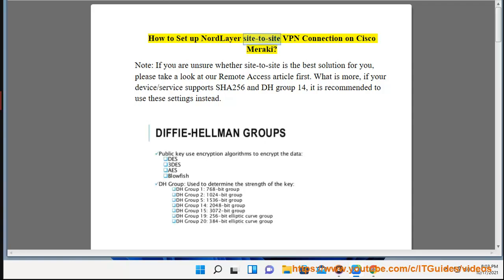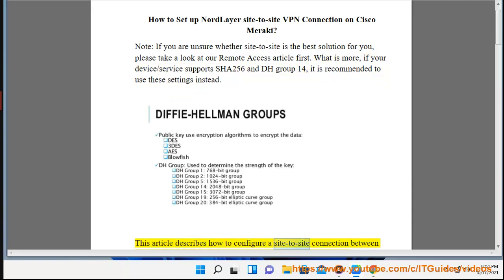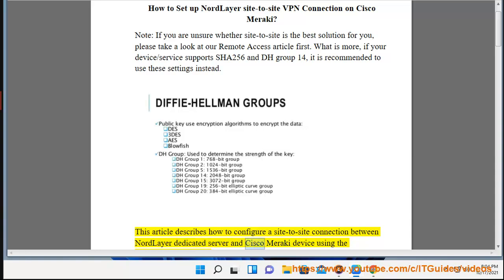How to set up NordLayer site-to-site VPN connection on Cisco Meraki. Note, if you are unsure whether site-to-site is the best solution for you, please take a look at our remote access article first. What is more, if your device/service supports SHA-256 and DH Group 14, it is recommended to use these settings instead. This article describes how to configure a site-to-site connection between NordLayer dedicated server and Cisco Meraki device